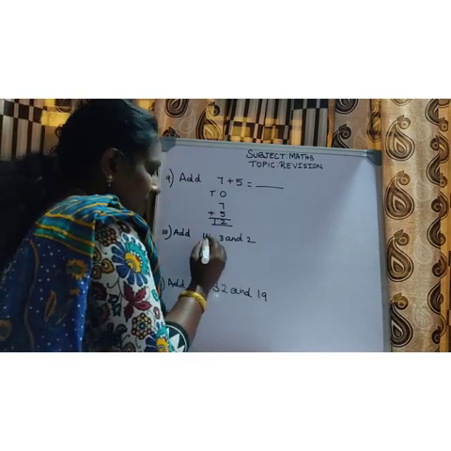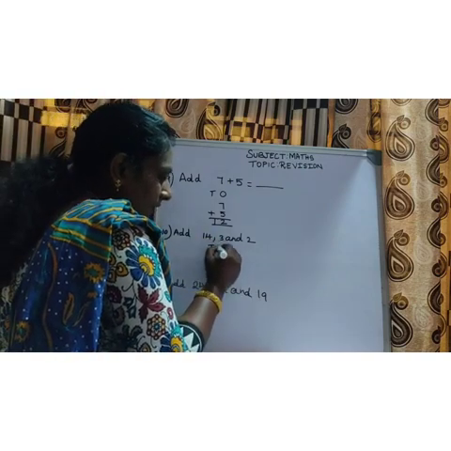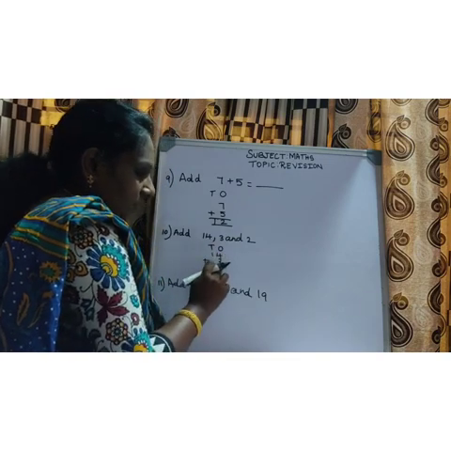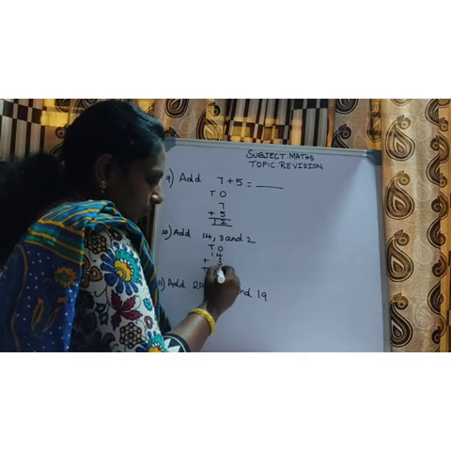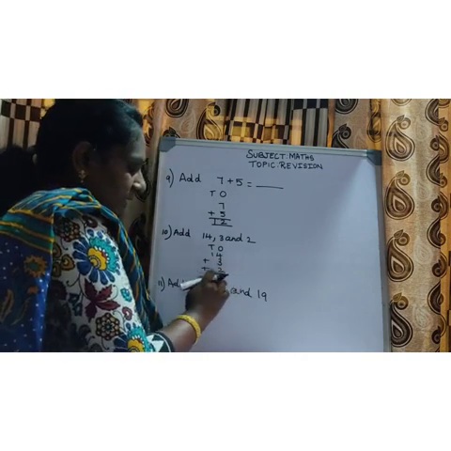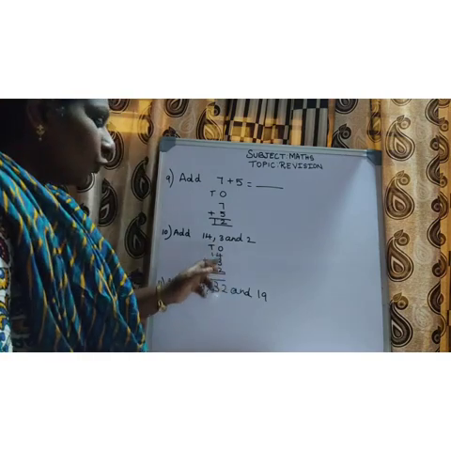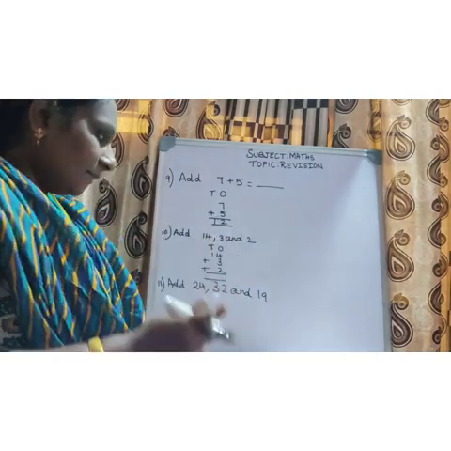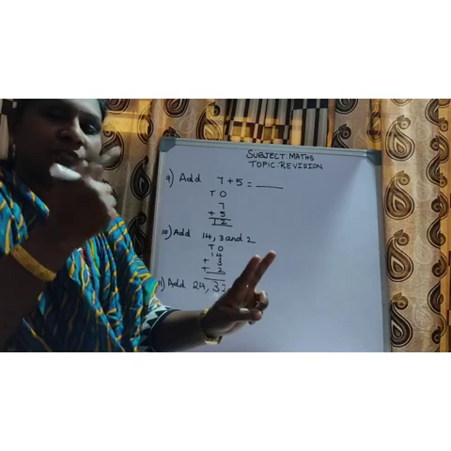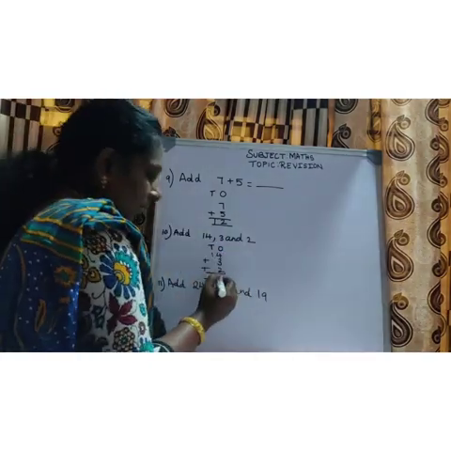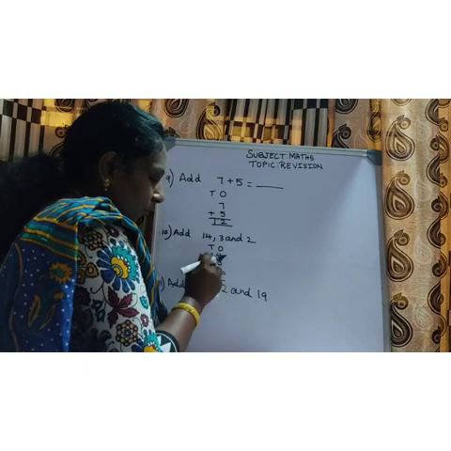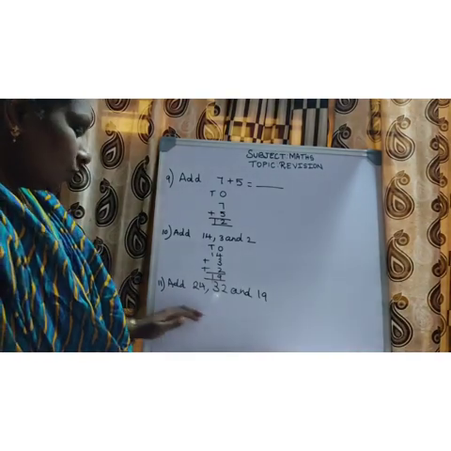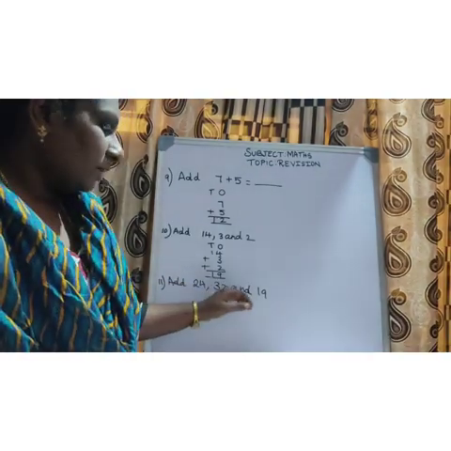First write the place value, children: tens, ones. What is the first number? 14 plus 3. Where should I write 3? I should write it in the ones place. Plus 2. 2 also I should write in the ones place. So 4 plus 3: 4 in your mind, 3 show it in your finger. After 4: 5, 6, 7. So this 7 keep in your mind, 2 show it in your finger. After 7: 8, 9. So write here 9. 1: you don't have any number here, so bring down 1 as it is. Okay, understood children?